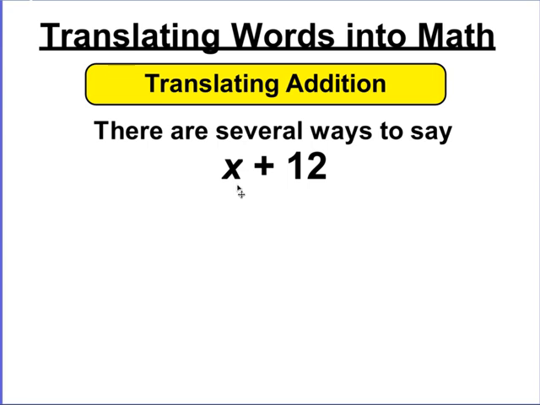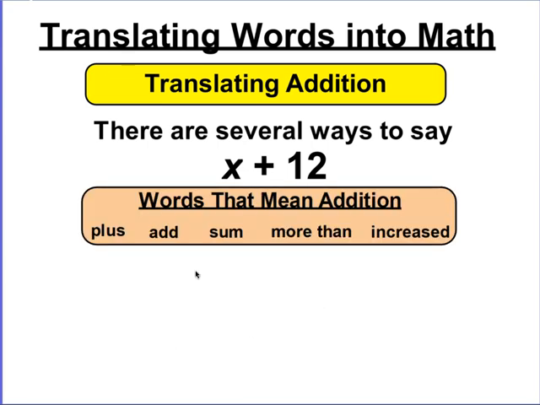Most of the time you're going to say x plus 12 if you see this. So that is one mostly correct way to say it. We're not going to say x, we're going to use a phrase instead for a variable, but a number plus 12 is a correct way to say that. Okay, so here's some other words that you can use. What you'll notice is there's a vocabulary word sum that you probably have learned in elementary school, and other words that mean to add. So you could say, and it's color coded here so it's easy for you to follow,